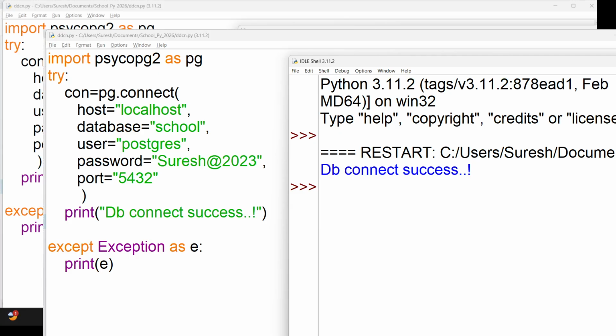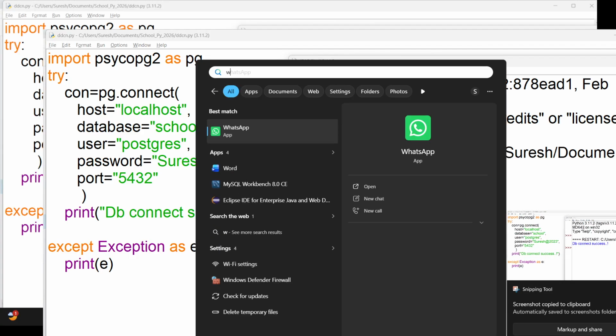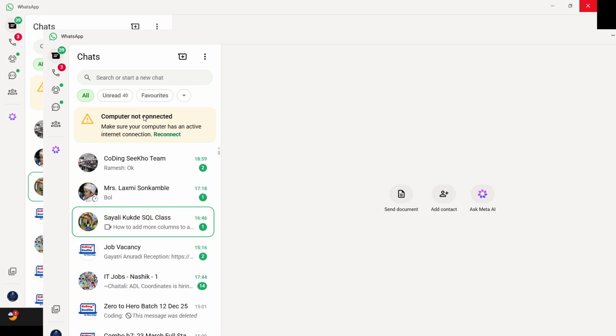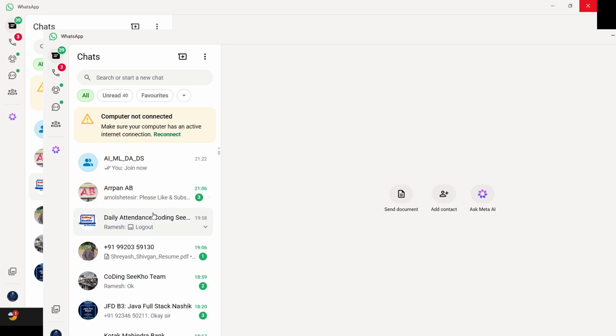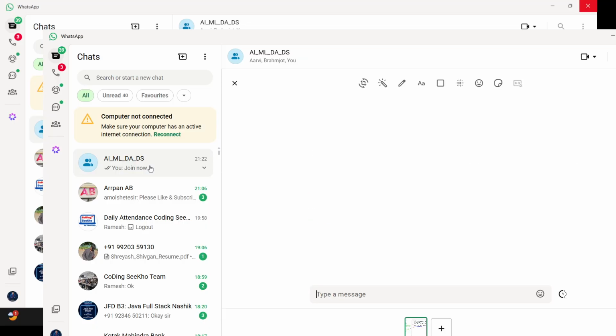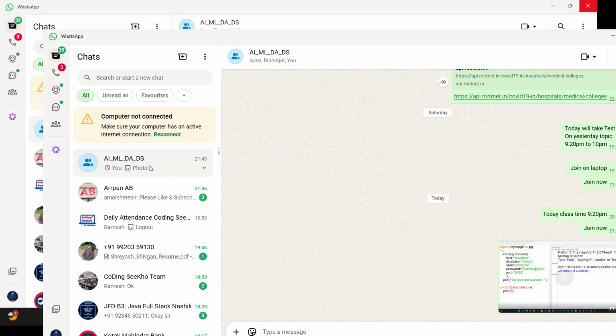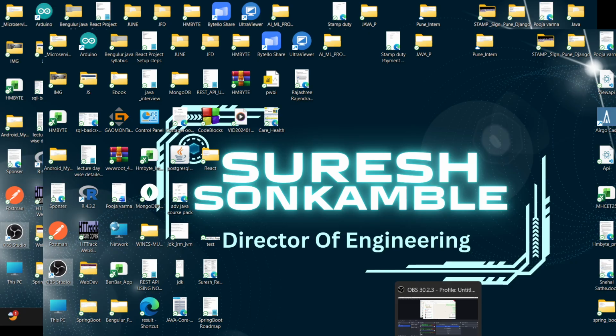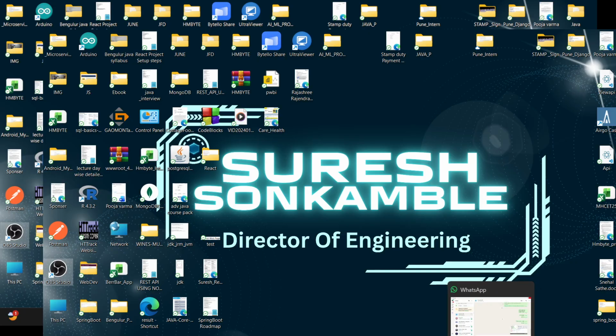Let me share this screenshot first. Okay, you got the process of how to connect to the database. It's a simple process, but pass proper parameters. Now let's try to perform some queries. Every time we need a connection, so I'll keep this connection as it is. This is the connection we have done.